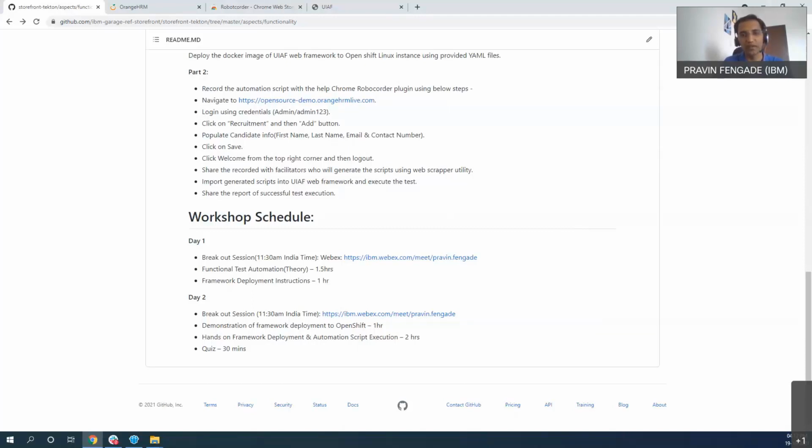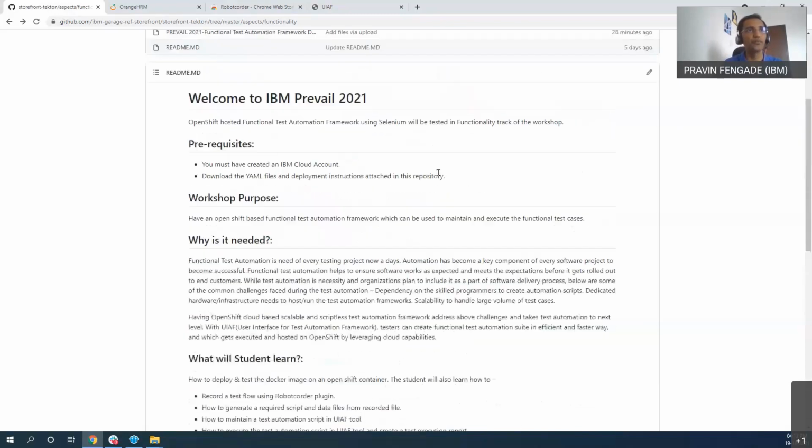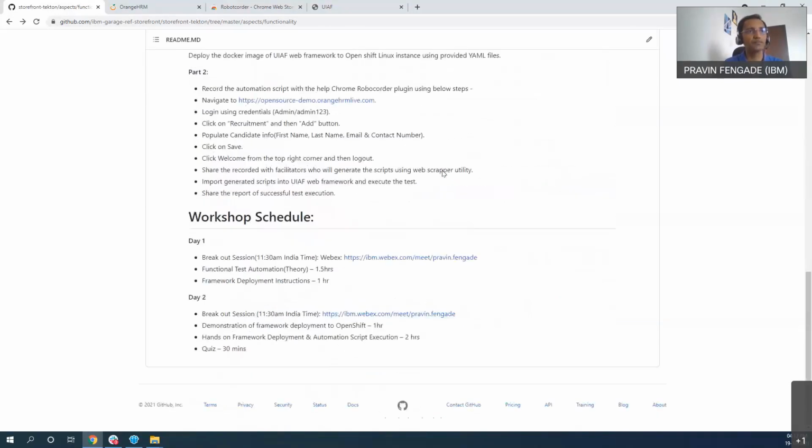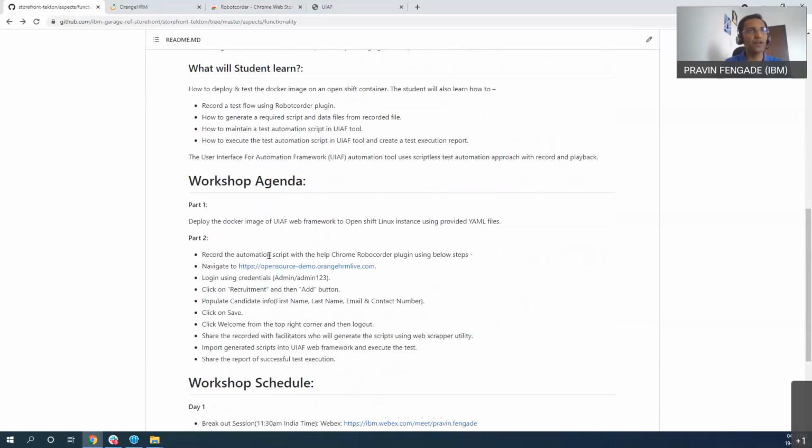to your OpenShift lab that you have during the workshop, and also using that application or framework to run the first test case, a functional test automation test case. Okay. So I will share that once we go through the flow. So before we do that, as a part of the flow, you see here, we are